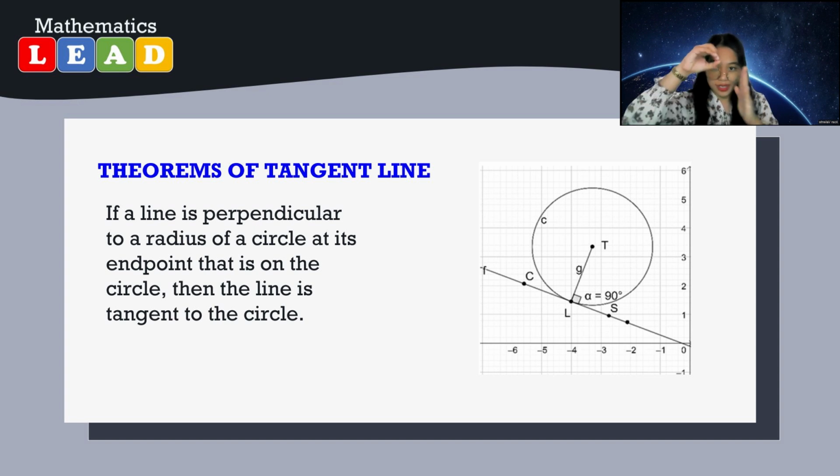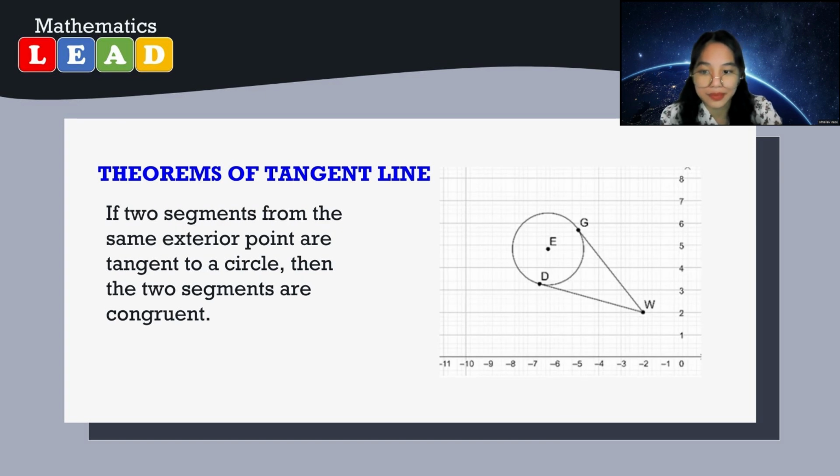So here's the circle, and then here, if this line and this, which is the radius, are perpendicular, you know that this line is tangent to that circle. Can you follow? Nice. And for the third one, the third theorem, if two segments from the same exterior point